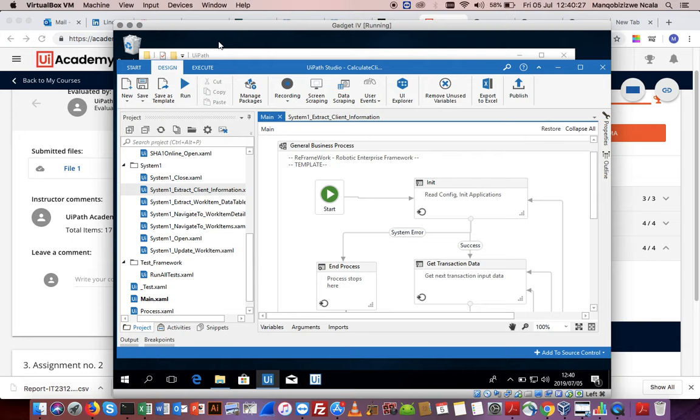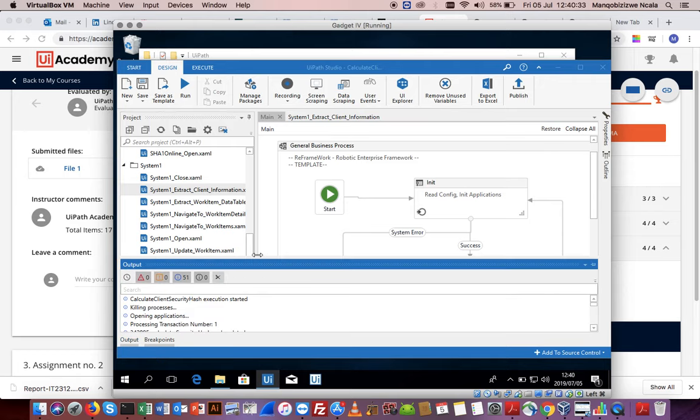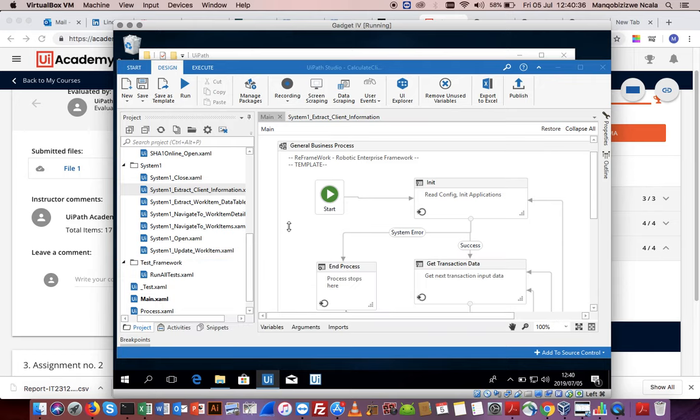Okay, so this one's done. So let's actually, so that one's done. That was the client security hash. Let's just check the output. Okay, so here's another thing. In my solution,